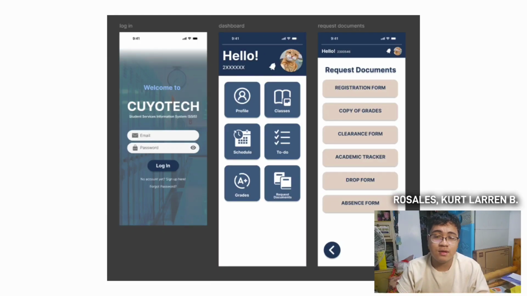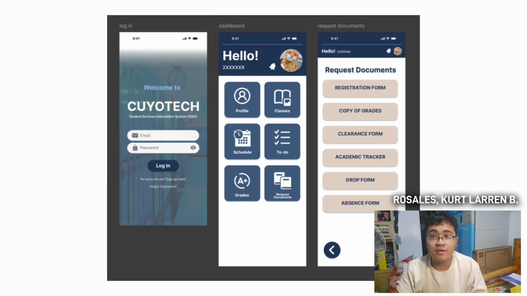Basically, it's simple. It's easily read across various ages, and it also provides greater accessibility because it has larger fonts and larger icons, so it can be easily understood.